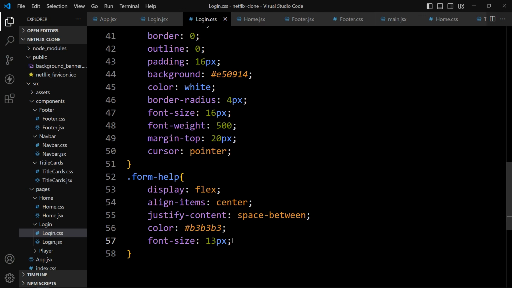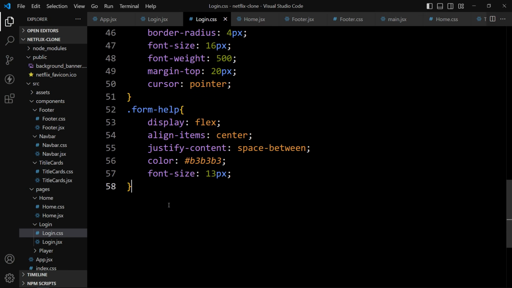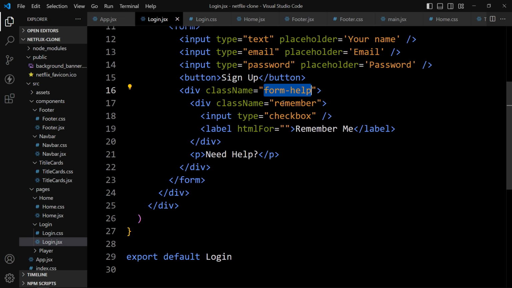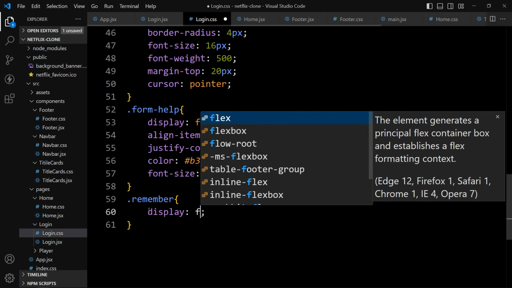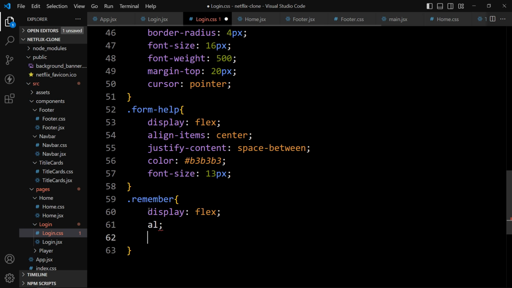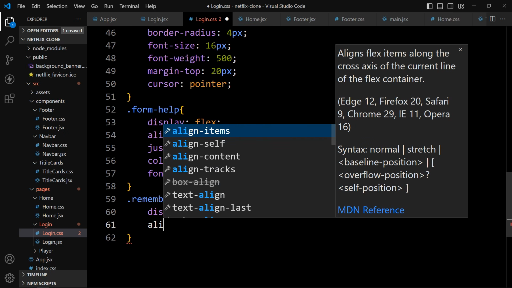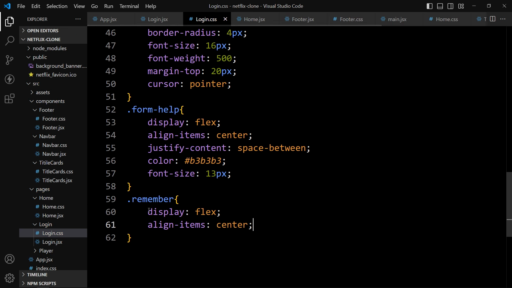So let's come back, and here we'll add the class name, that is remember. Just add display flex, align items center, and we'll provide the gap of 5 pixel.